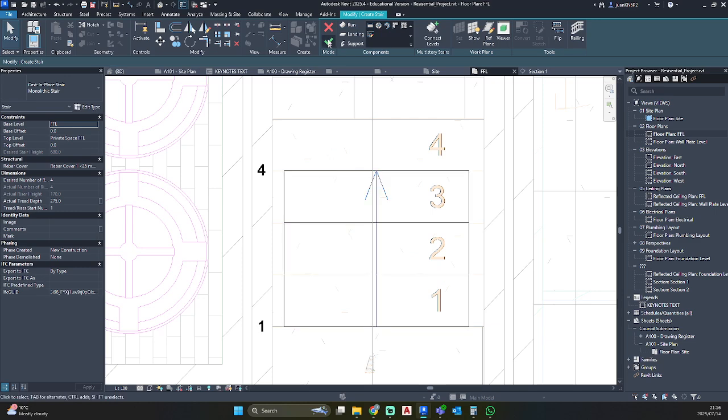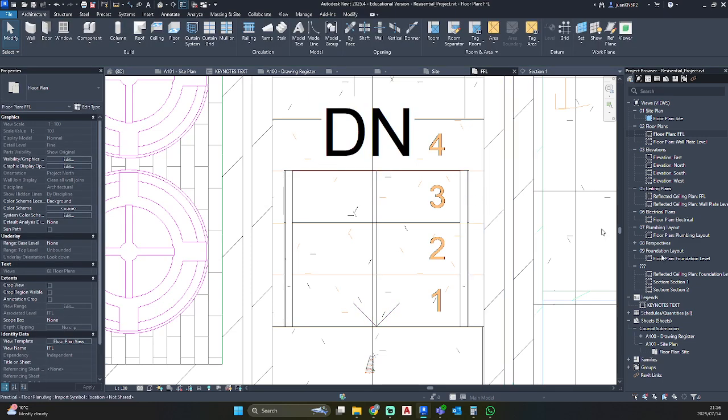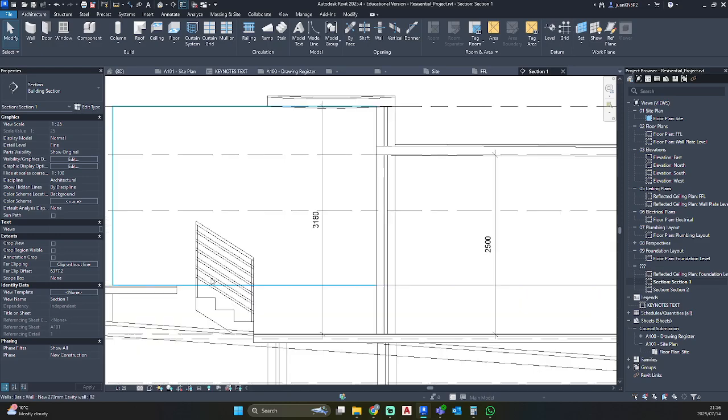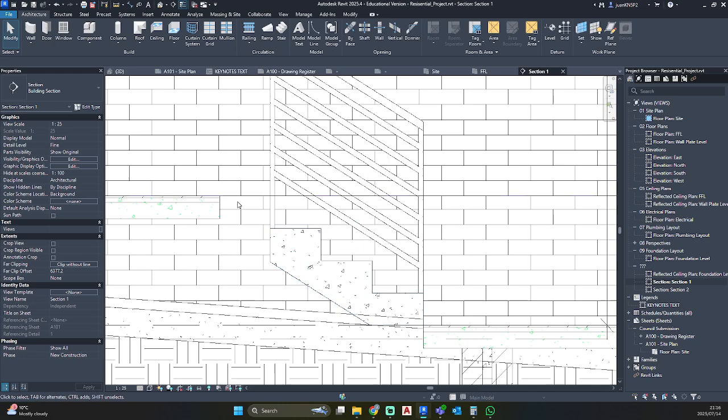So let's just show you what if we do it like this. Press OK. There's our down symbol. So this is what it will look like as the 4th riser would be over here. So it's 1, 2, 3, 4 to the level.